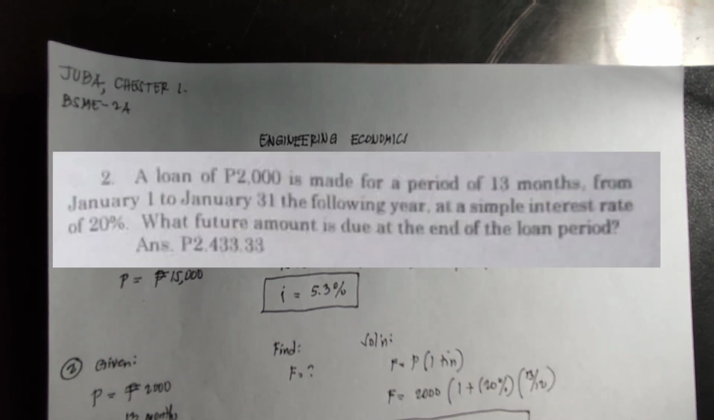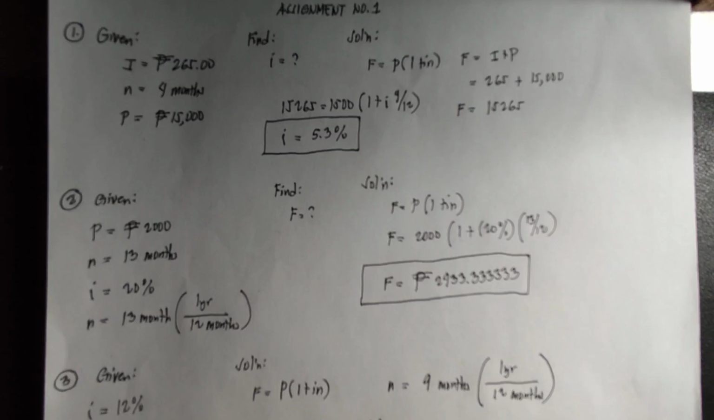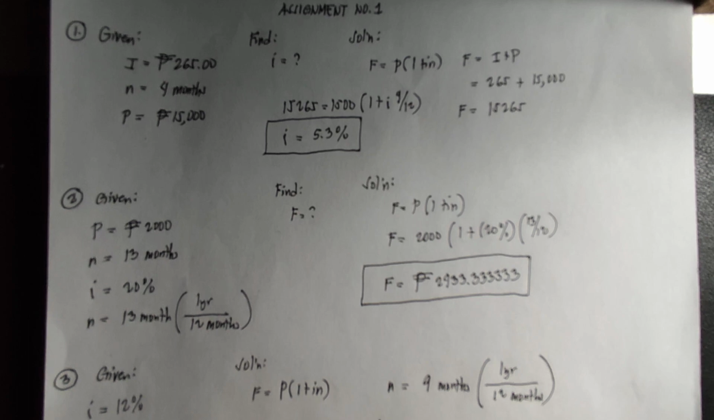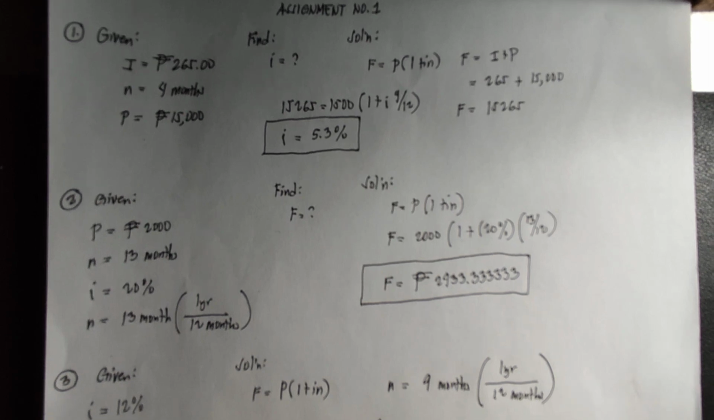So number 2, a loan of 2,000 pesos is made for a period of 13 months from January 1 to January 31 the following year at a simple interest rate of 20%. What future amount is due at the end of the loan period? So the given is the principal is equal to 2,000 pesos, n is 13 months, i is equal to 20%. So to get the number of years, we will divide 13 by 12 due to the fact that there are 12 months in a year. So we were asked to find